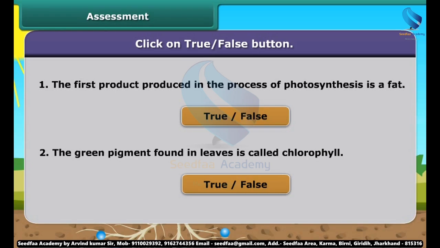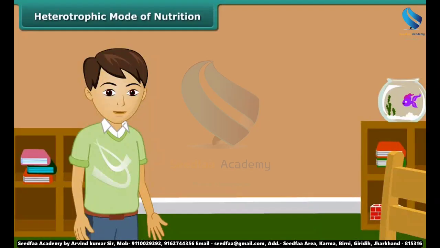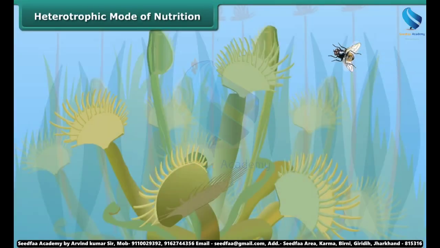As we have already learnt in this module, these plants derive food from other plants and animals, and this type of mode of nutrition is called heterotrophic mode of nutrition. The plants in which this kind of mode of nutrition is found are known as heterotrophs. There are 4 types of heterotrophic plants: